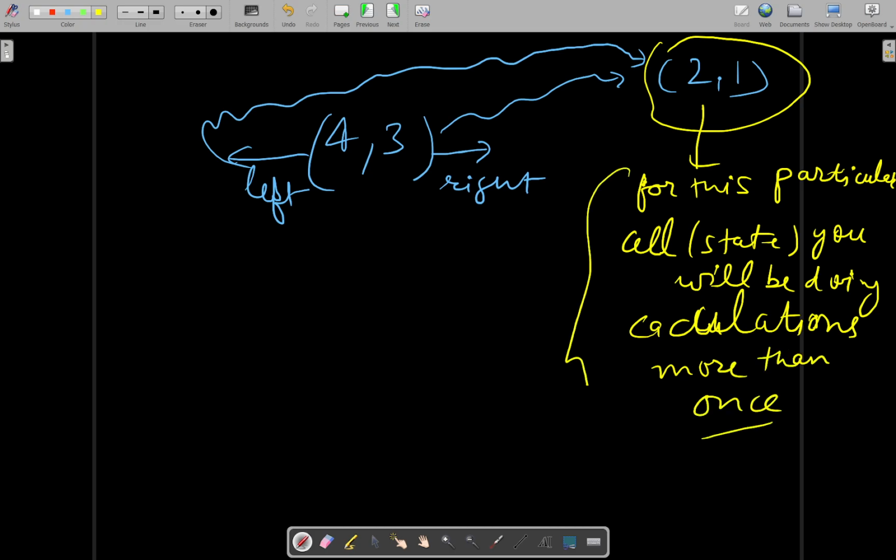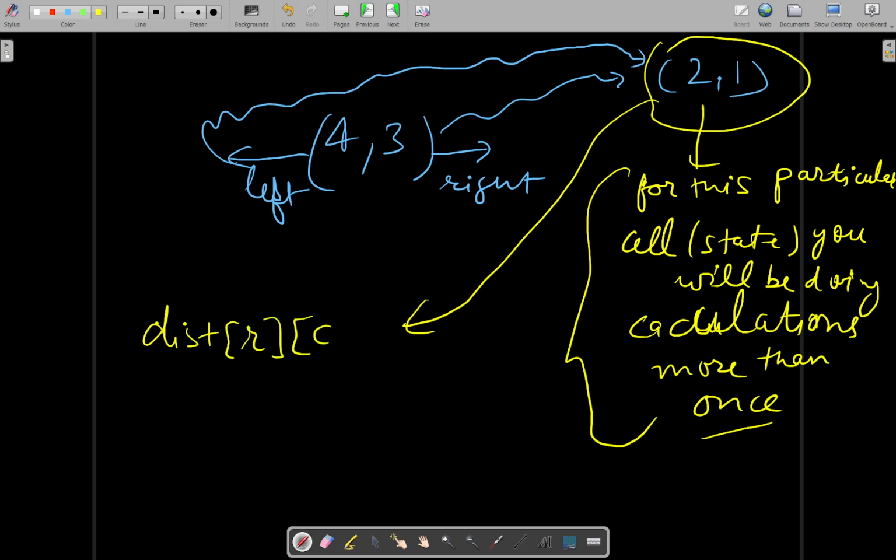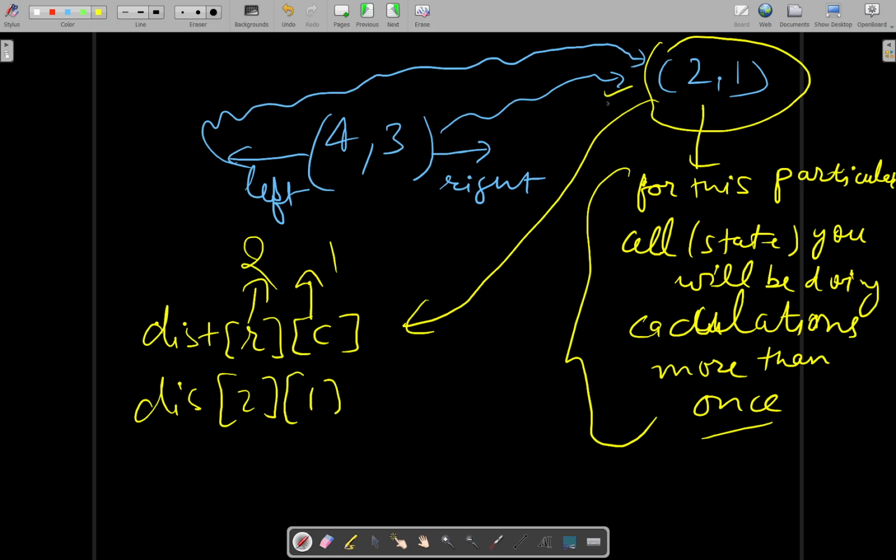So in order to avoid these calculations being done more than once, we will just store the result of this state. R here will be 2 and C here will be 1. So we will just store it, and whenever we encounter this state again, let's say for the first time we calculated the answer, we have done the calculation, then for the second time, we will just return this,